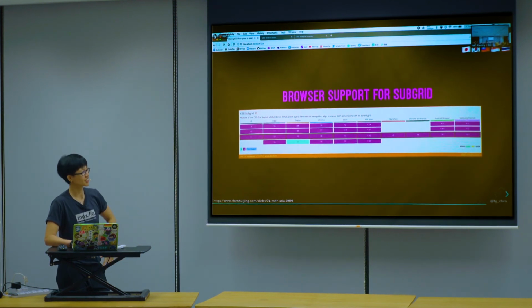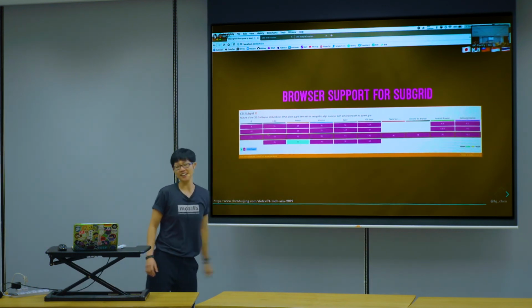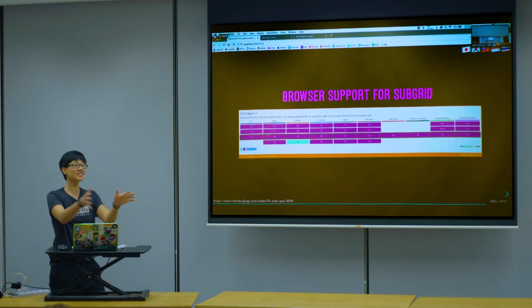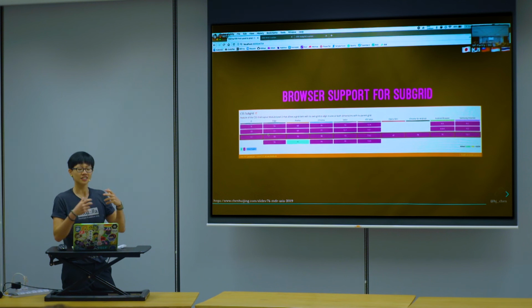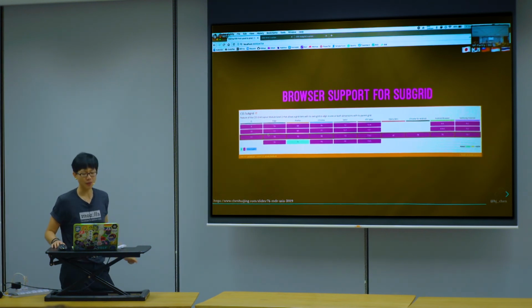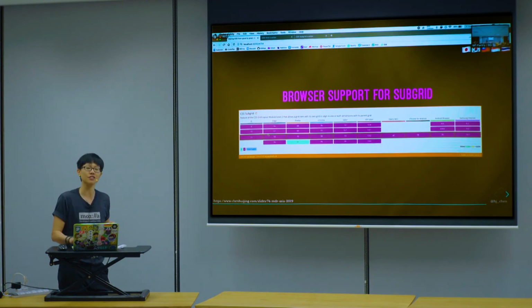There's a moral to this. The moral is life is not perfect. So browser support for Subgrid is a bit sad here. But this is a reason why more of us need to try, need to build things with Subgrid, need to talk about it, complain about it if you must, because any publicity is good publicity. So when there is publicity, then other browser makers will also prioritize Subgrid and ship it sooner. So yeah, please don't say don't use, must use.